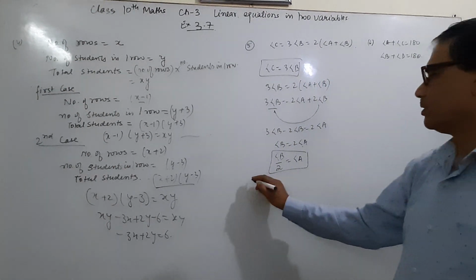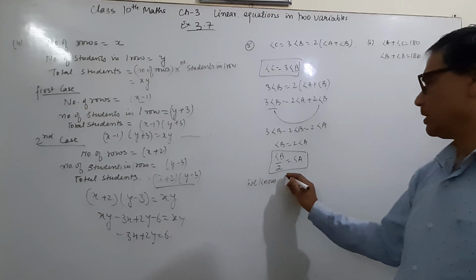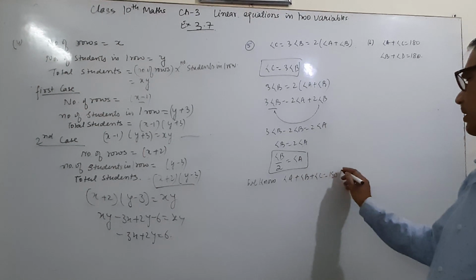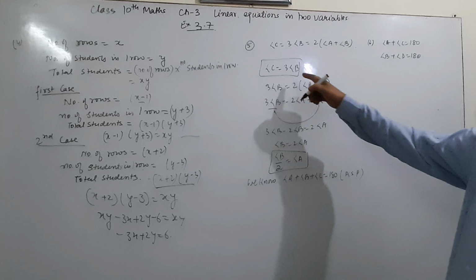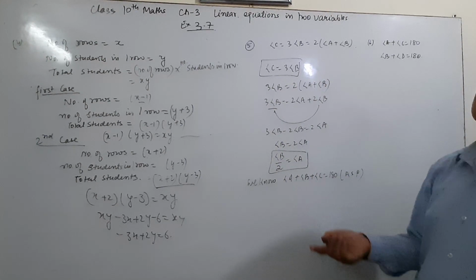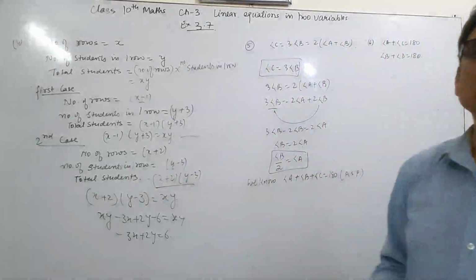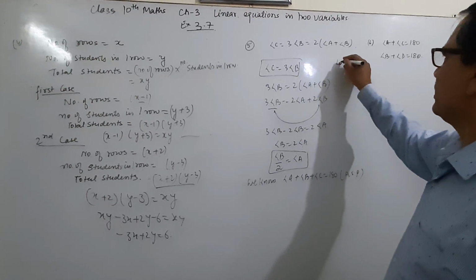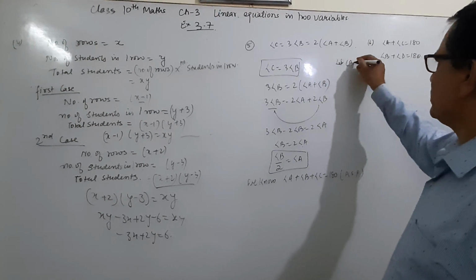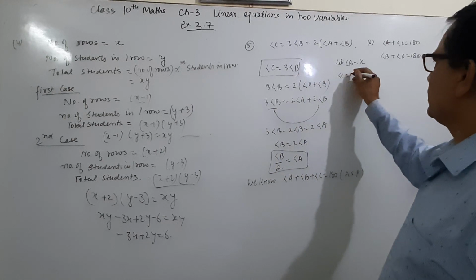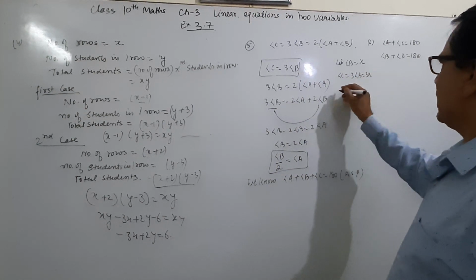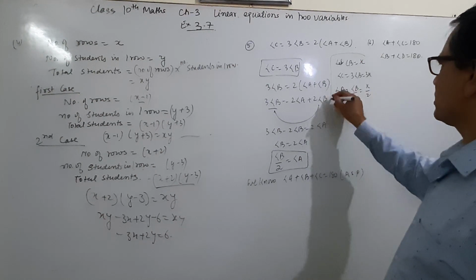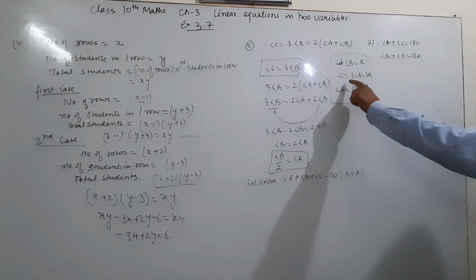We know angle A plus angle B plus angle C is equal to 180, the angle sum property. Now we can assume B in terms of x, this depends on you. If you want, you can let angle B be x. Let angle B is equal to x, so angle C is equal to 3B is equal to 3x, and angle A is equal to angle B upon 2, it means x upon 2. This is the value of B, this is the value of C, this is the value of A.